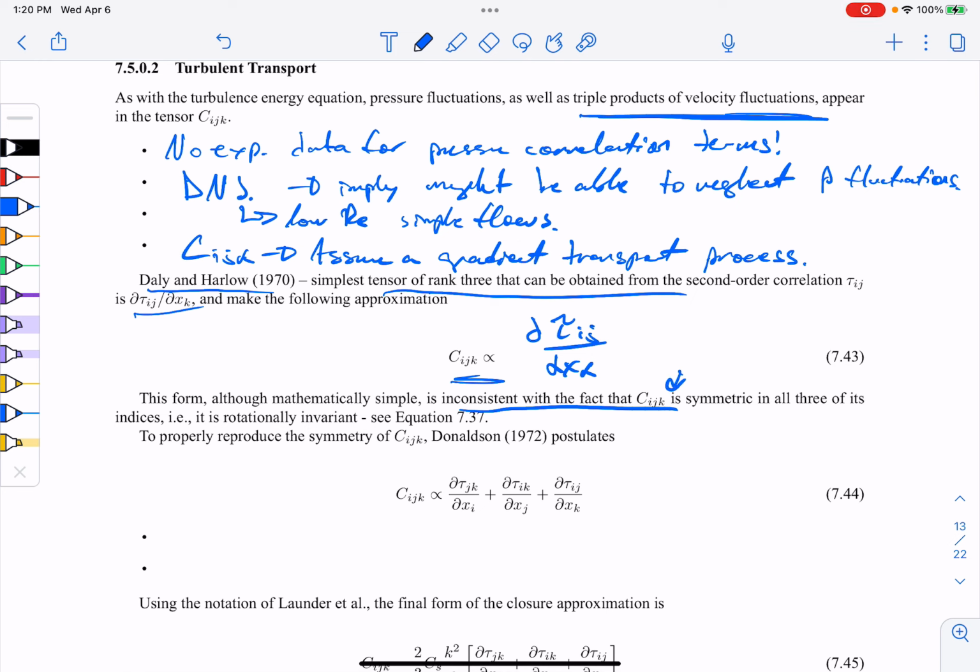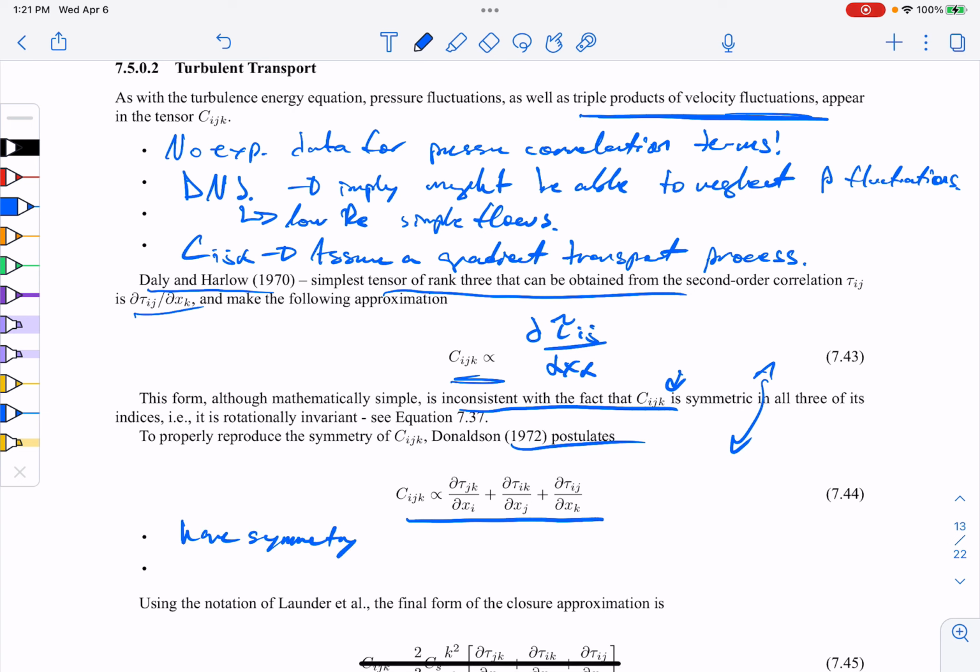And it is rotationally invariant, according to equation 7.37. So to try and reproduce the symmetry and force it in the model for Cijk, Donaldson in 1972 postulated that we can rewrite the equation this way, with partial tau jk partial xi plus partial tau ik partial xj plus tau ij partial xk. So we can compare the differences. So now we can force our symmetry. So now we have a contained symmetry